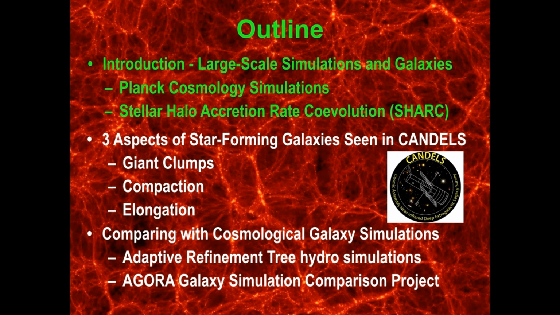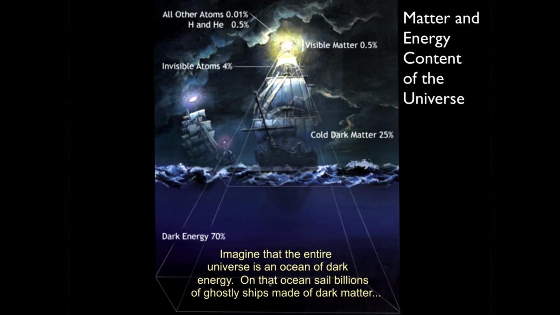Incidentally, please feel free to interrupt me if there's anything I'm saying that you don't understand, you need a little bit more information about. So this is just a reminder, this next slide, that our recipe for the universe today is dark energy about 70%. The latest parameters are 69% from the Planck team. Cold dark matter, 25%, actually about 26% according to their data. And ordinary matter, a little under 5%, of which only about 0.5% is stars and glowing gas clouds, the stuff